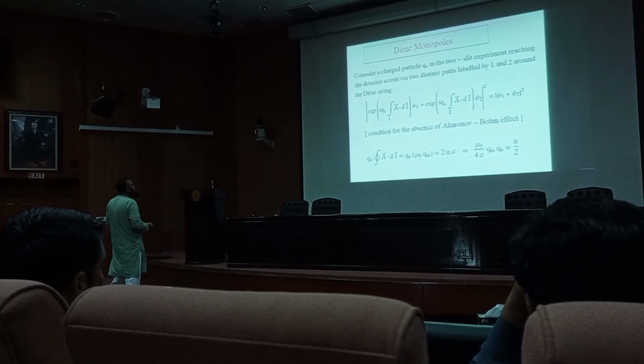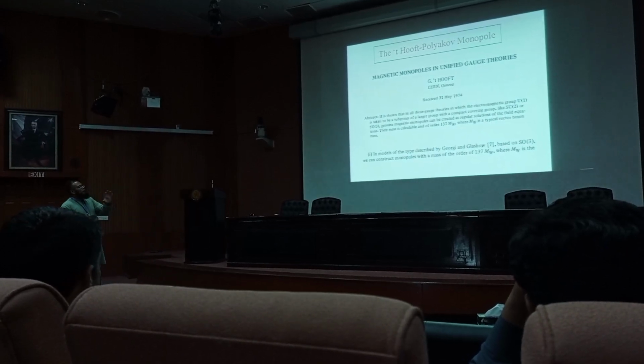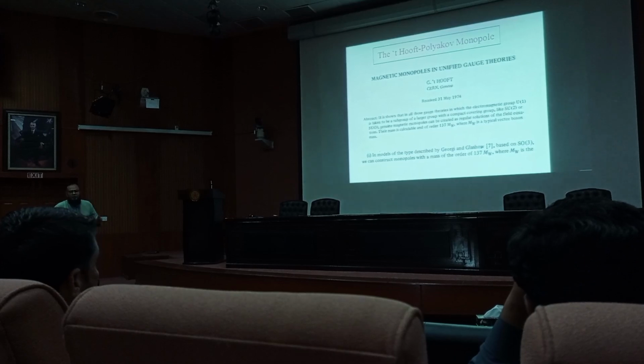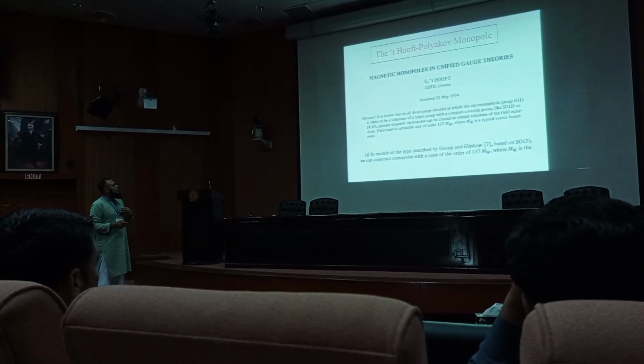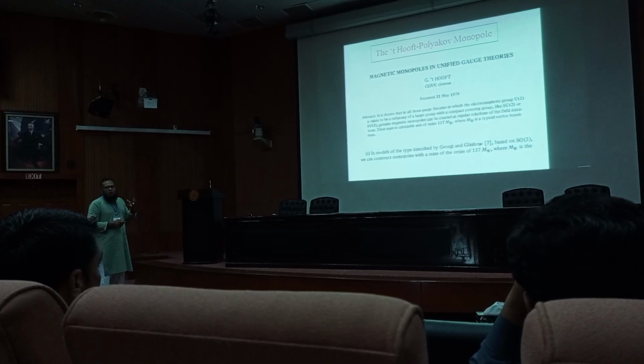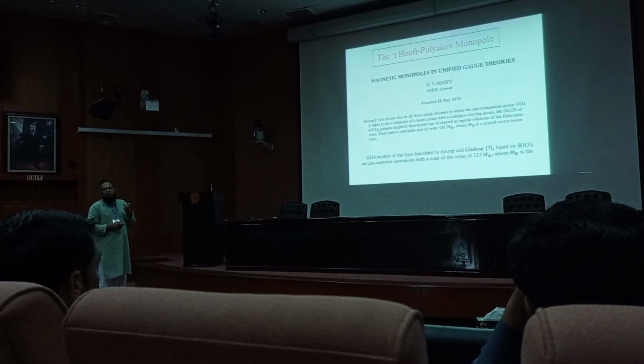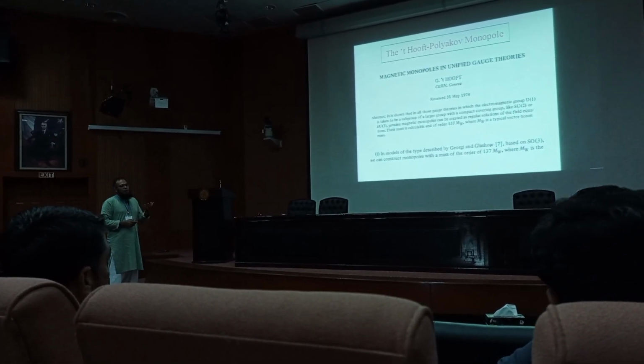Because of time, I will speed up. So this was the Dirac monopole. This is a singular pole monopole. Now I will talk about another kind of monopole, which are usually called topological monopoles, and it will be related